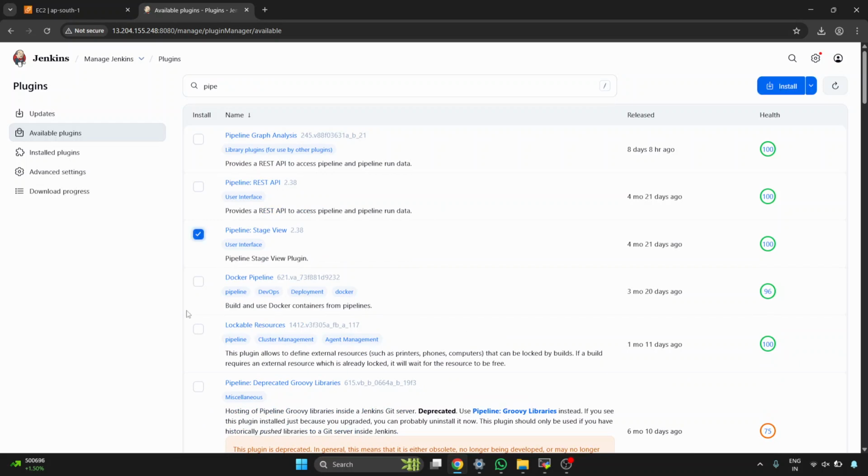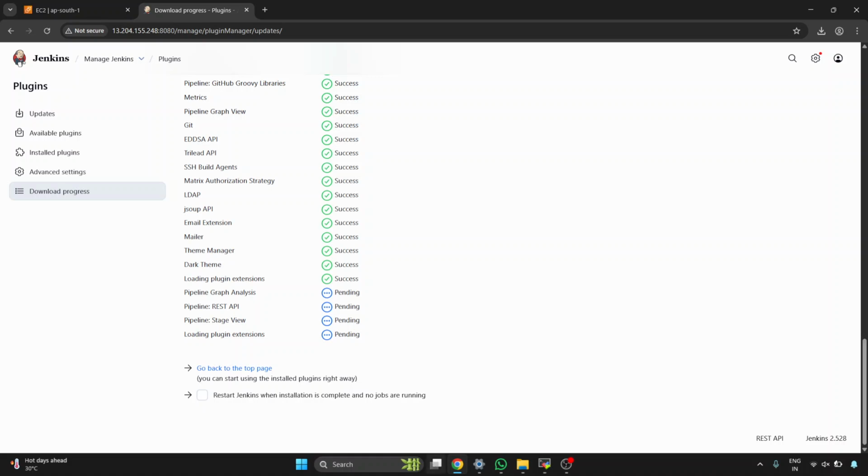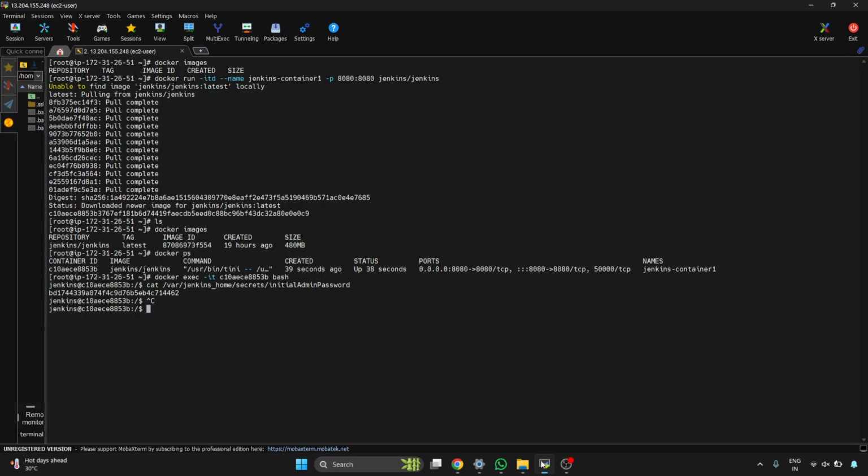Now Pipeline Stage View, it will show the steps of the stages like installation, next validation, checkout. Different stages are there in pipelines. It will show all the stages. Install and restart it once. Now in the backend we can go and exit